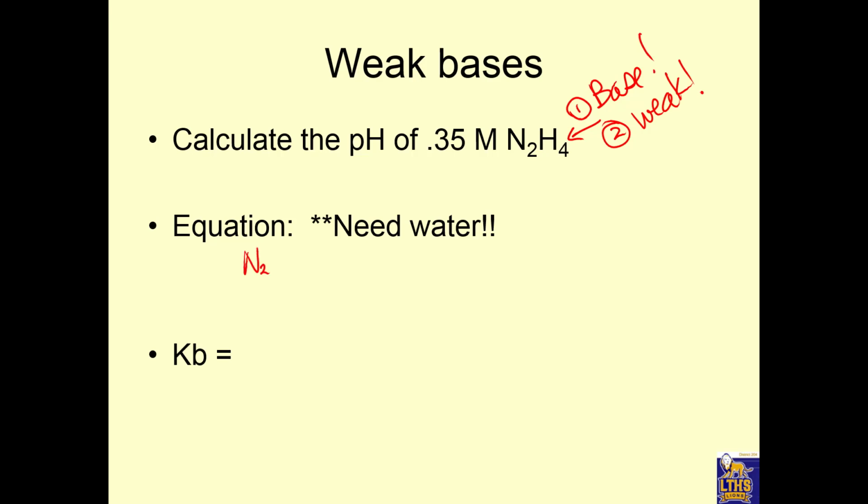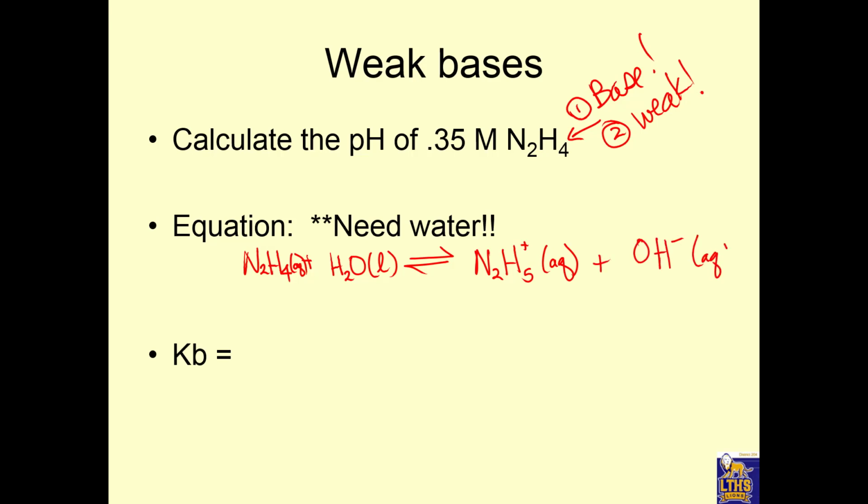So we'll do N2H4. This is where your knowledge of Bronsted-Lowry stuff comes in. It's going to be liquid. This is aqueous. This is a base in equilibrium. So it's going to gain an H plus to become N2H5 plus, and then water is going to lose an H plus. So the KB is going to be the products, N2H5 positive times your other product, over the reactants, but this is a liquid, so